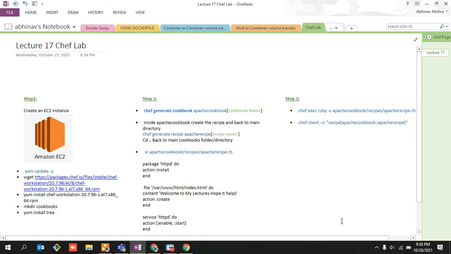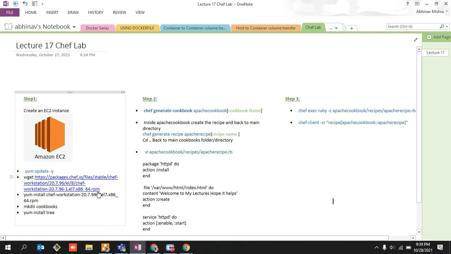So the very first thing would be that I would be going ahead and creating an EC2 instance from fresh in front of you guys, so that you are able to understand how to create an EC2 instance and how to configure it. So first step would be, I would be updating it, then I would be downloading a workstation. As I told you guys earlier, the concept of workstation, I'll go through that as well, but just bear with me, and let's go through this particular set of instructions that I have jotted down over here.